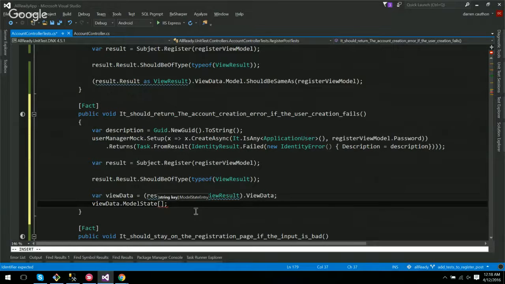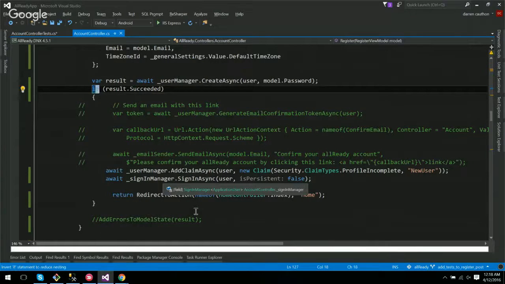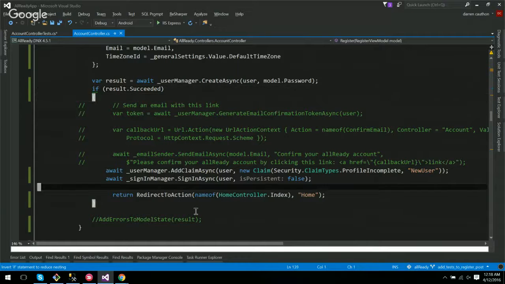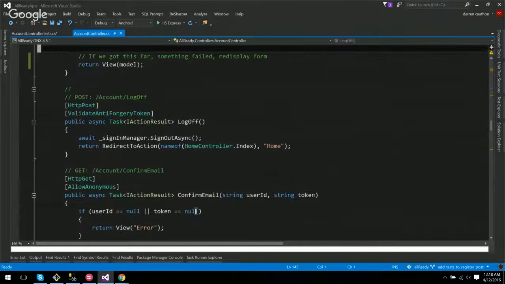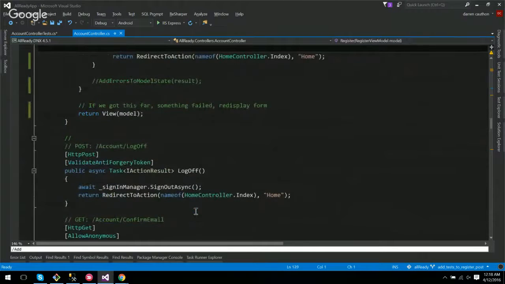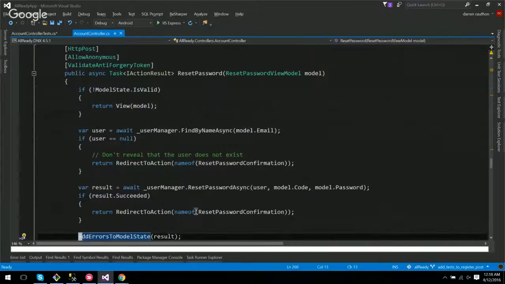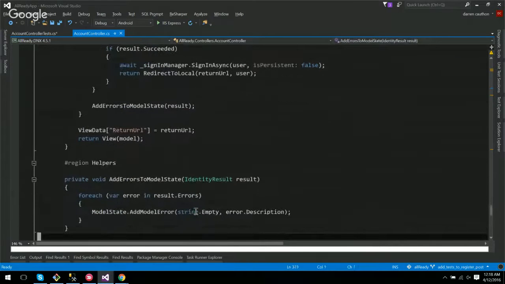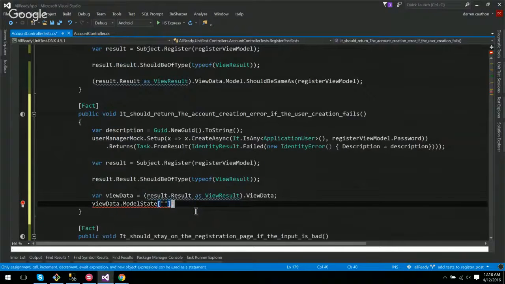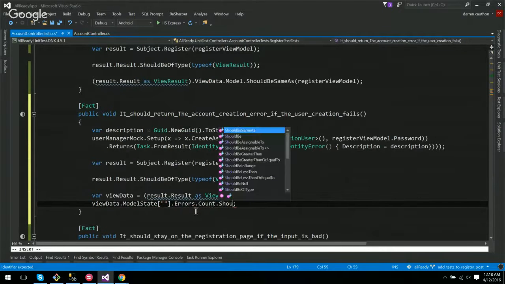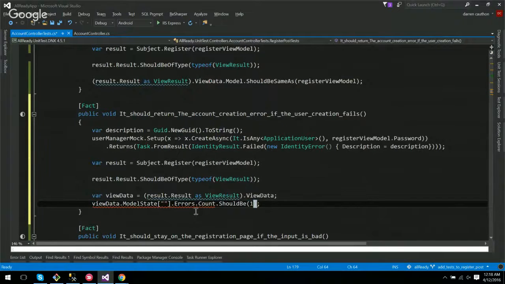Oh, this. Oh yeah, it was string empty. That's right. What's that method called? Add errors. Yeah, string empty and then error description. So this dot errors count should be 1